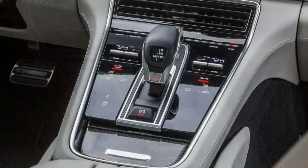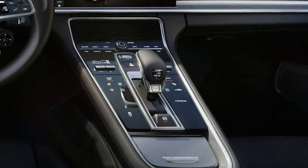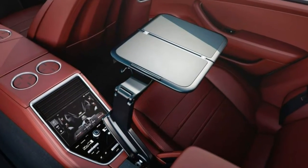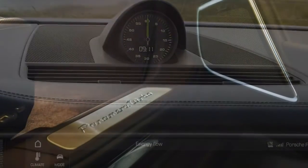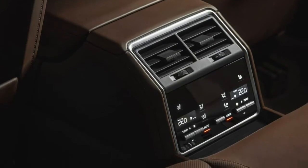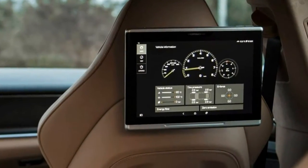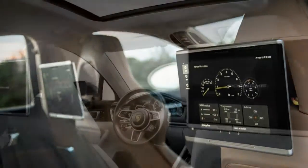There's a long list of standalone or bundled options for pretty much every trim level, since Porsche believes that owners should be able to customize their cars to personal taste. You can have the 4 and the 4S with most of the Turbo's standard equipment. Additional highlights for the rest of the lineup include various wheel, paint, interior trim and leather specifications with multiple two-tone